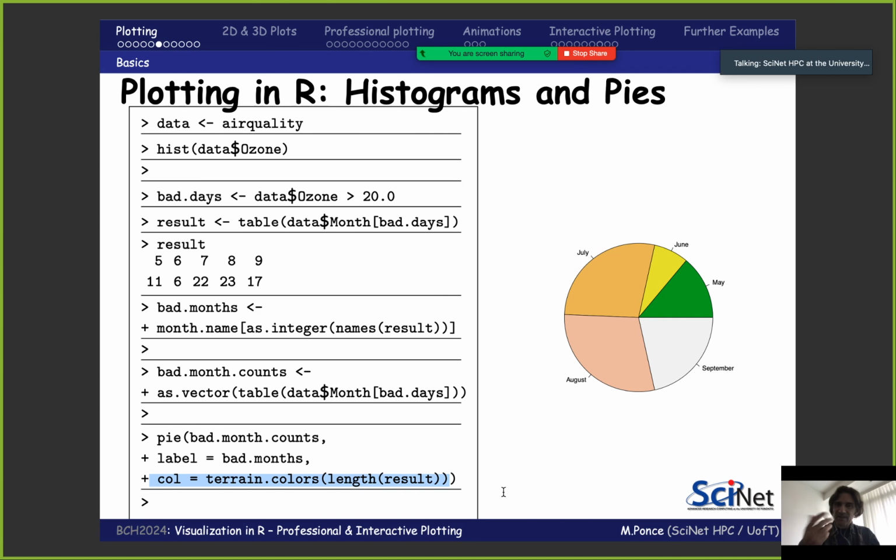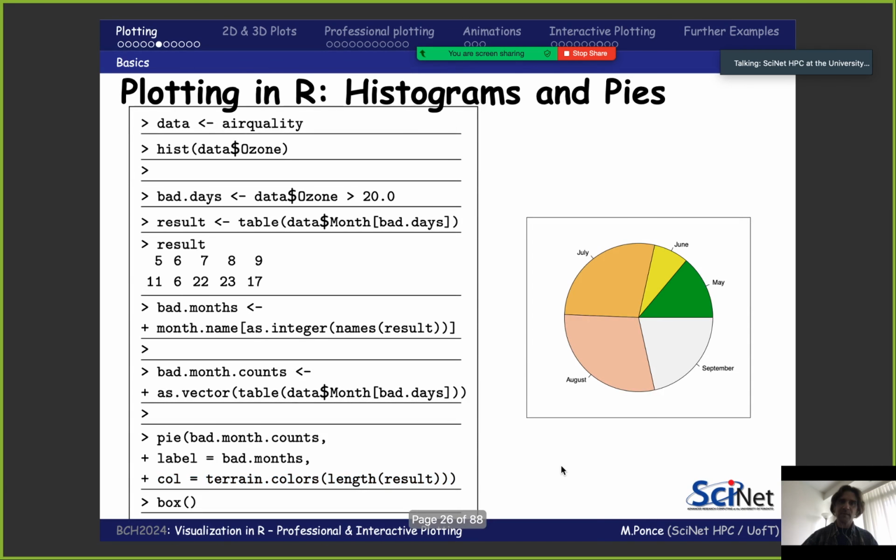Again, the variety of tools that you have for R is almost infinite, I would say, because there is this R color package that is awesome. It defines all kind of colors. It has colors categorized by different features. For instance, it has colors for colorblind people, so it's good to use those kind of conventions when you try to communicate something for a wider audience, right? So again, it's just giving you a sense of what kind of things you could do very easily, very straightforwardly with the function for now.